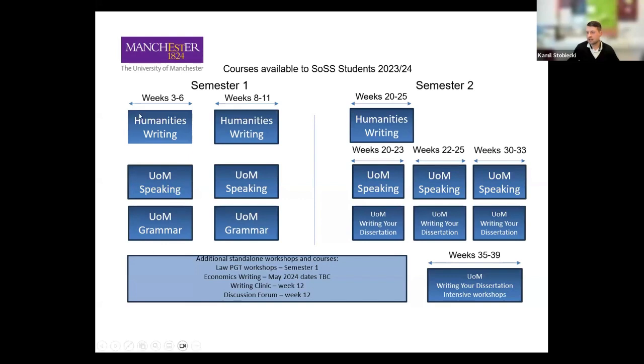In terms of how it looks, this is last year's provision. You can see that here you've got humanities writing, and this is what I mean by faculty-based. We have three faculties: the Faculty of Humanities, the Faculty of Science and Engineering, and the Faculty of Biology, Medicine and Health. This is one of them. Our writing sessions were one for all of the students within the Faculty of Humanities, and this faculty includes 4 different schools, the schools that I mentioned, and also the business school.